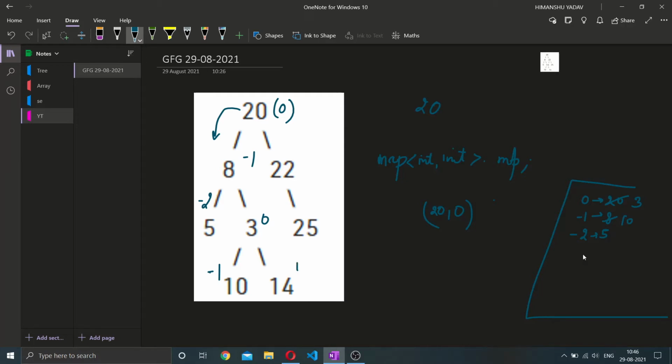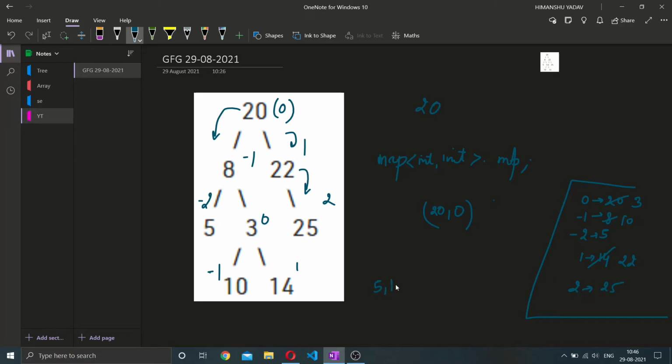At 1 we make it 14. Then at 22, at 1, we update it to 22. Going further right, we make it 2 for 25. So at last, what will be our answer?